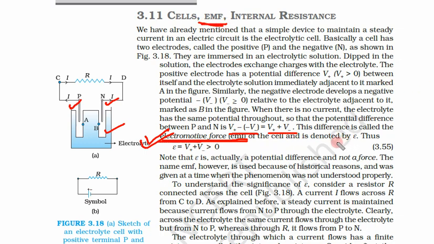Now how is this EMF shown? This is shown by this small epsilon. This is small epsilon. Okay. So this is shown by small epsilon, and this E is equal to V positive plus V negative. Since this one was definitely positive, this one was either 0 or positive without the sign. So EMF is always a positive quantity. EMF of any cell is always a positive quantity.